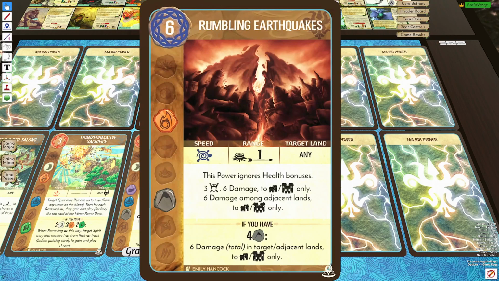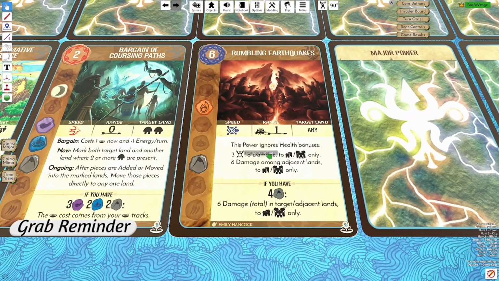And this is a 6 energy slow power. It's a fire earth. Sacred Site range 1. This power ignores health bonuses, 3 fear, 6 damage to buildings only. And then it says 6 damage among adjacent lands to buildings only. So a great way to kill a lot of buildings. It has a 4 earth threshold that allows you to do an additional 6 damage into both the target land